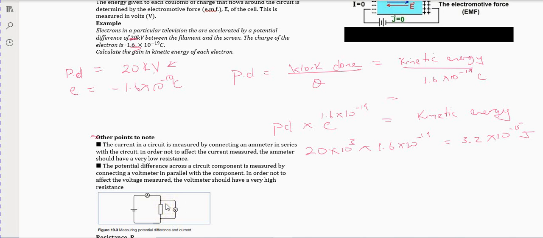Here is a diagram below that highlights it a little bit. If I wanted to measure the current here, it would be safe for me to put the ammeter in series with the resistor, and it is safe for me to put the voltmeter in parallel with the